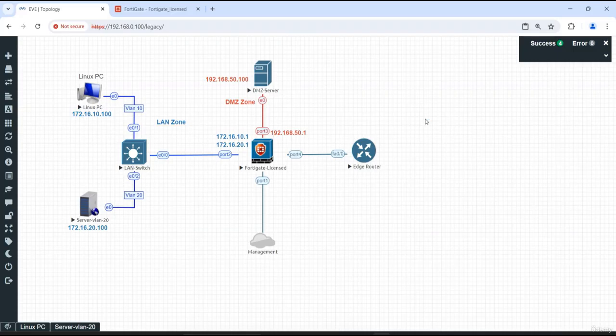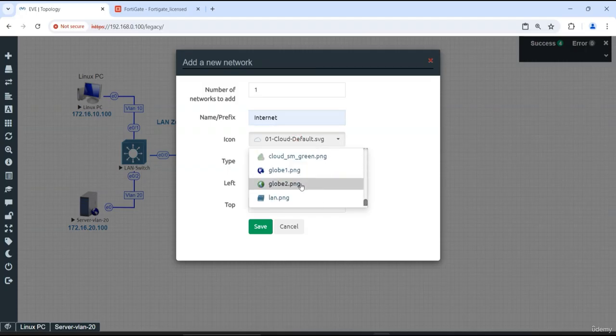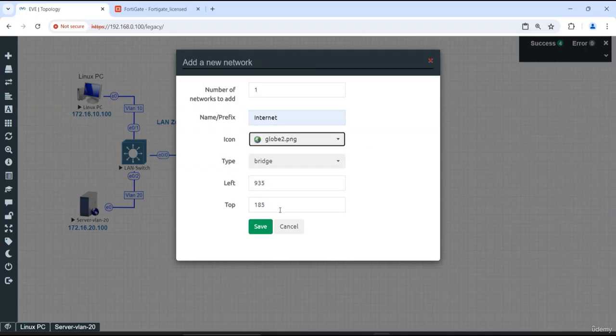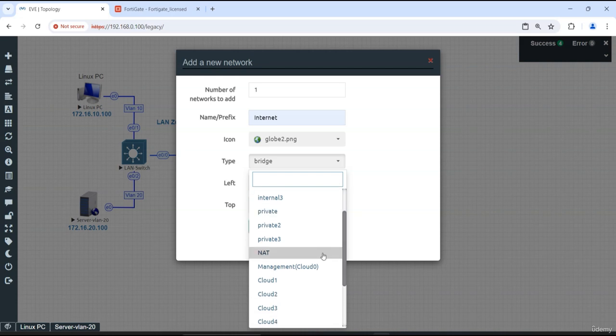So in my case, you can just put internet. Okay, and if you're using a licensed version of EVE-NG, you can directly use this option, NAT. Okay, so when you use this one, you'd be getting an IP address from